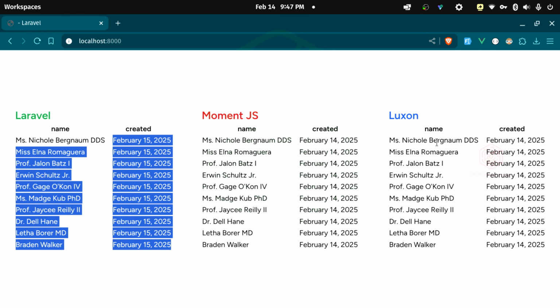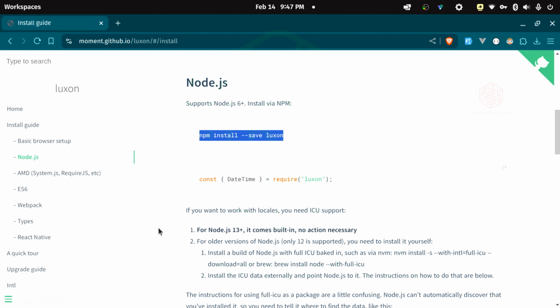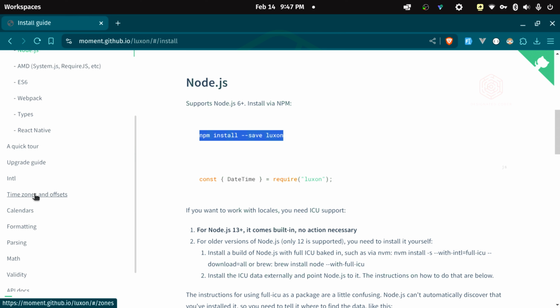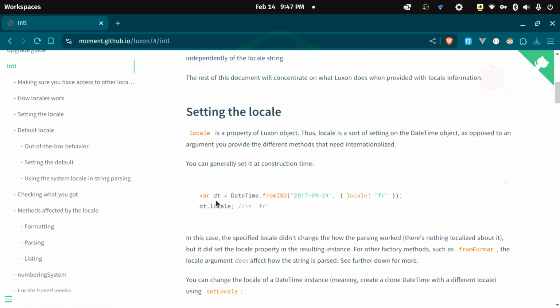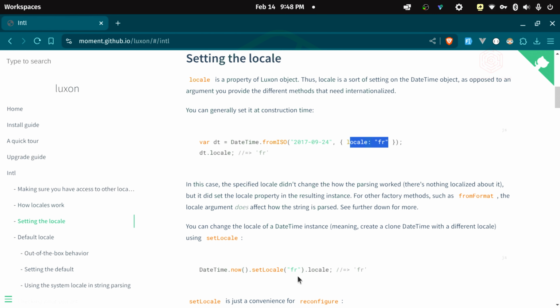The other thing I want to take a look at is using the international formatting for Luxon. As I said, this is more the Americanized way, but we can do it where we don't have to install anything differently than a basic install, unlike Moment where we had to install a different Moment version that was localized. If we take a look at the Luxon documentation and go down a bit, we can go to international, and then we can do setting locale, and then the locale will be France or something along those lines. But the date and time will have whatever the date is in the locale format. So let's see if we can do something like this within our project.